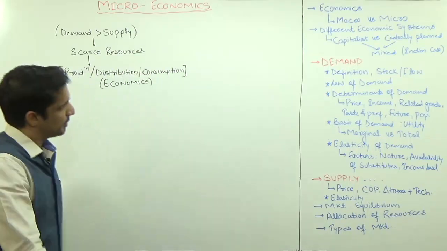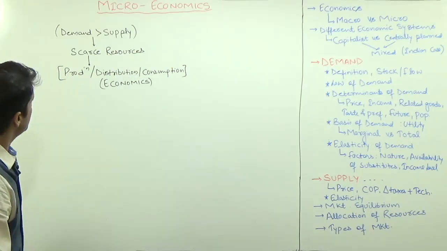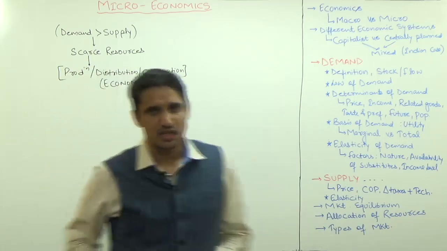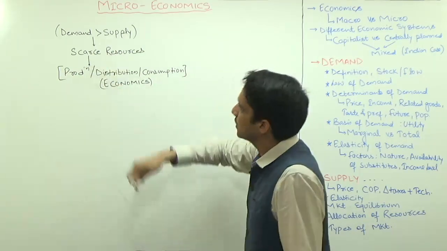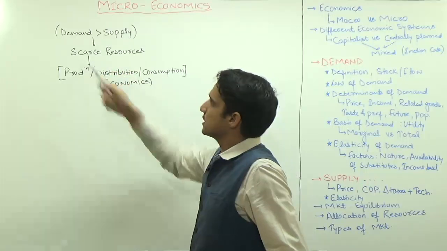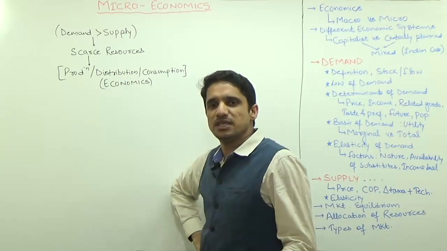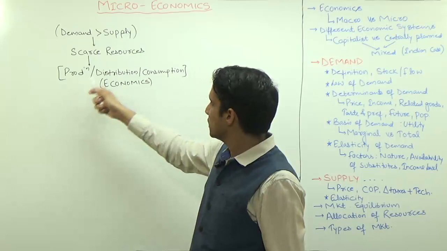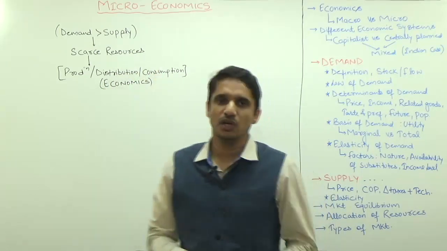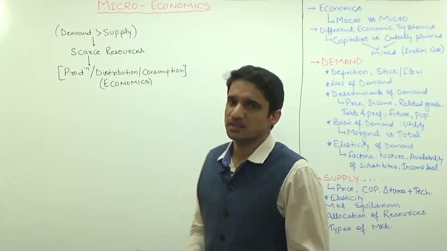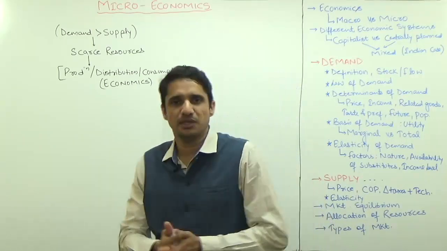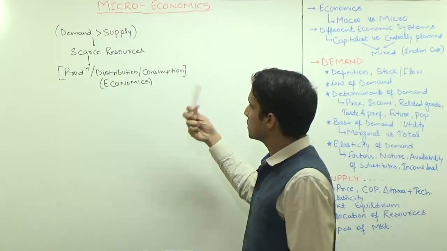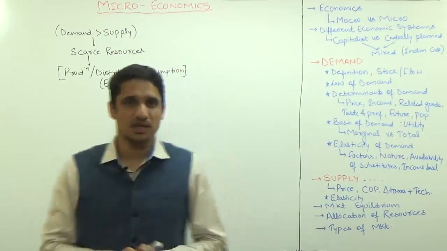So first we will cover what is economics, what is the definition of economics. In any economy, the demand is always more than supply. The demand for natural resources is more than the availability of natural resources. So it means the natural resources of any economy are scarce. So from the limited resources that any economy has, the production, distribution and consumption of the natural resources is known as economics. So economics is nothing but, in any economy, the resources are limited, scarce resources we have, so their production, distribution and consumption in any society is known as economics.